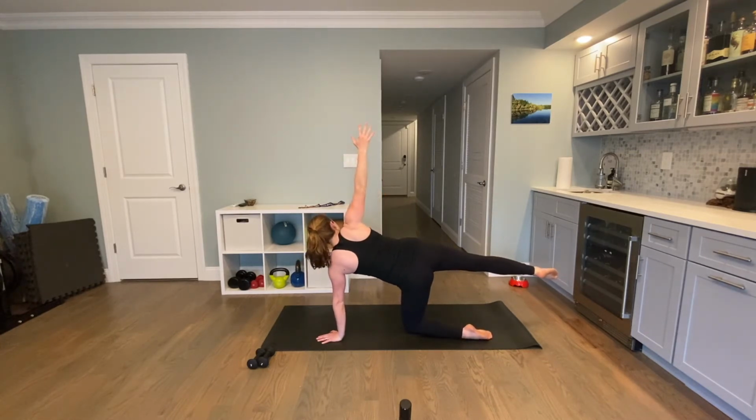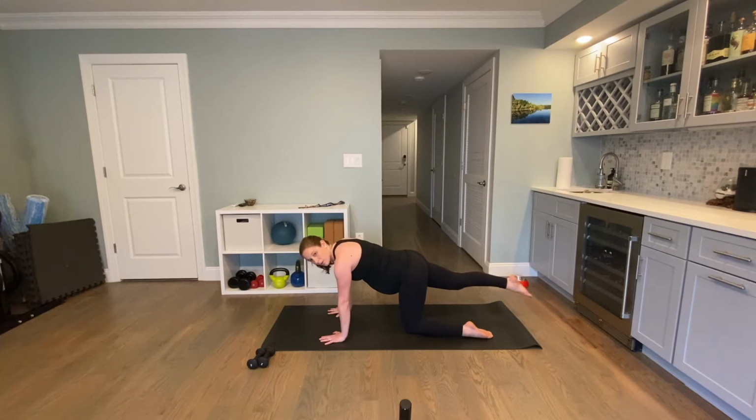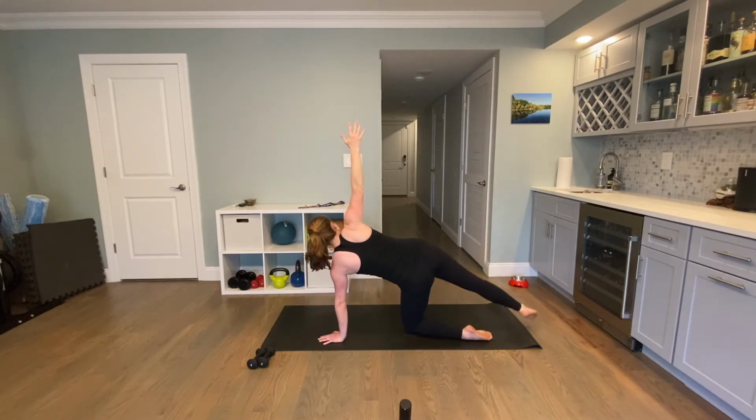And then again, rotate up and around. Using your left leg, the whole leg to help you balance. And then square yourself back off. One more time like this. And then staying here in your modified side plank position, tap your right foot down and then float it up